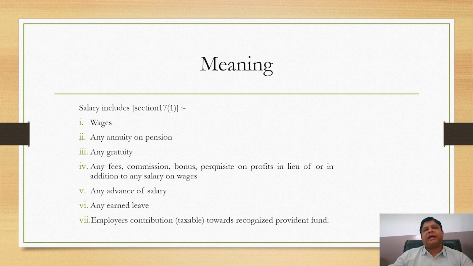Hope you understand the background of this income from salaries. Now, what is salary, or the definition of salary under section 17(1) of the Income Tax Act 1961? It includes wages, any annuity or pension, any gratuity, any fees, commission, perquisite, or profits in lieu of or in addition to any salary or wages, any advance of salary, any earned leave,